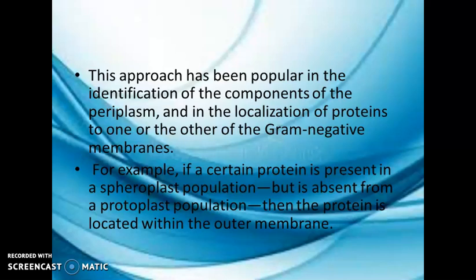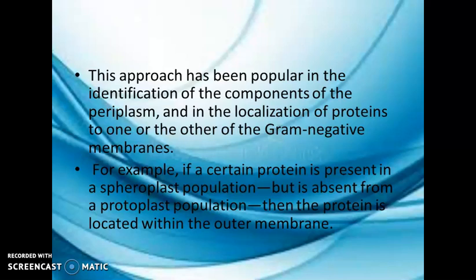This approach has been popular in the identification of what? The components of the periplasm, because there is a selective release of components. It also helps in the localization of proteins to one or other